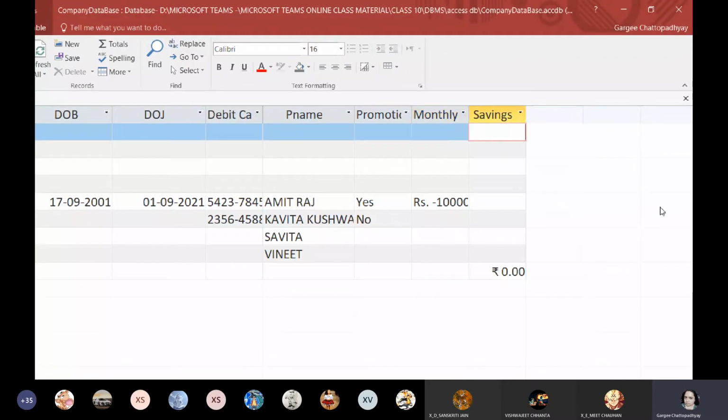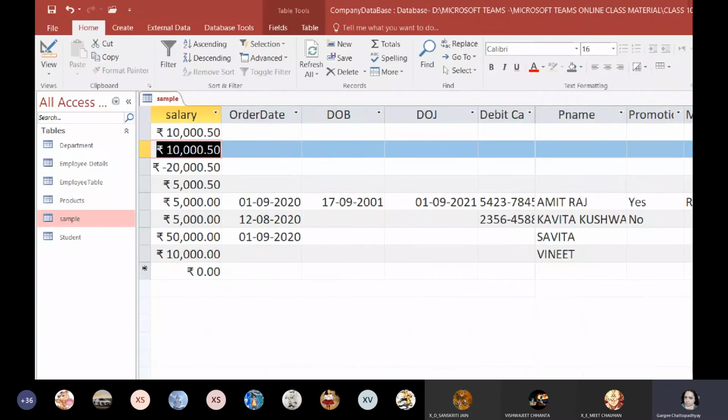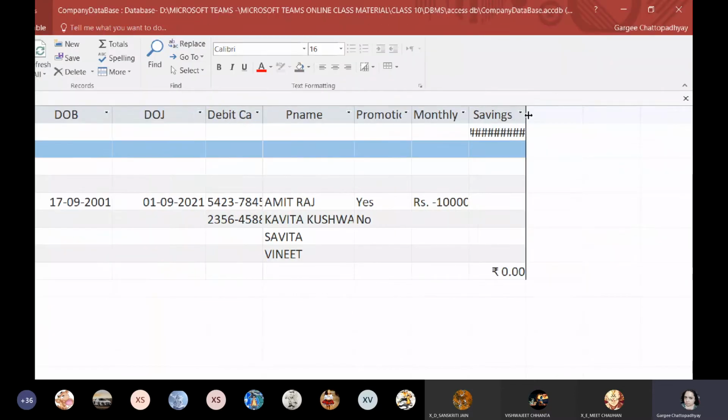Okay, so I have specified this, and I'm going to save this, go back to the datasheet view, and here I'm going to enter the value. So suppose the savings are going in negative, so I gave minus 1000.00. Let me check what is the answer here. Yes, so you can see there is a currency symbol automatically added because the data type is currency, and a minus sign, and because I had provided a choice, it could be 4 digits also, max it should be 5 digits.